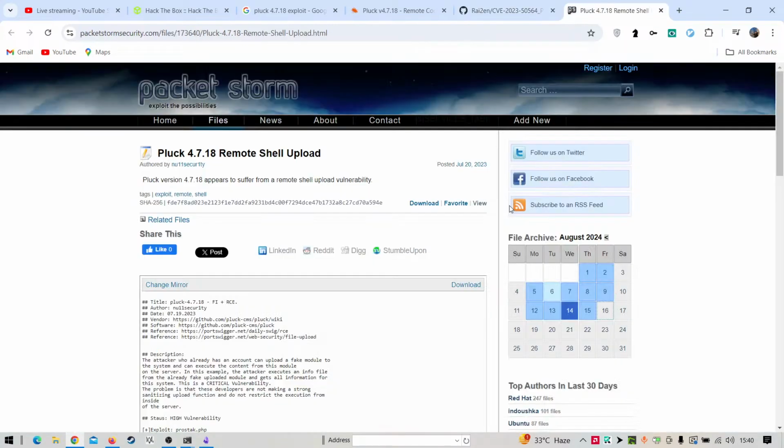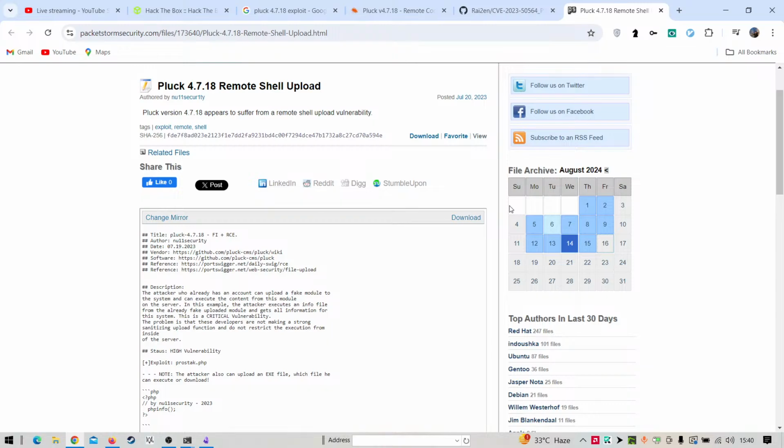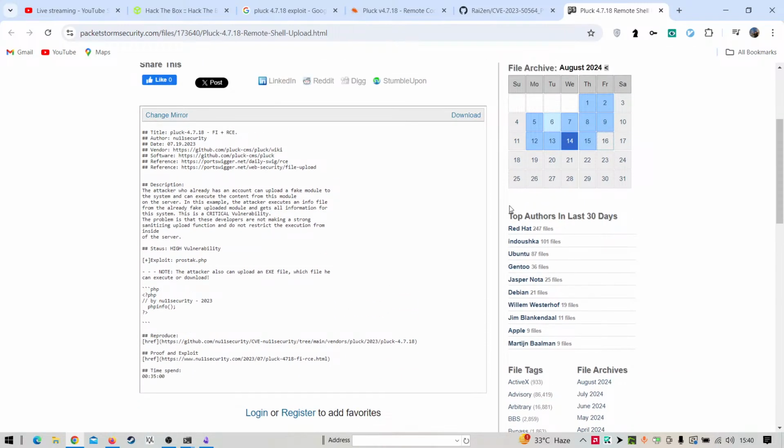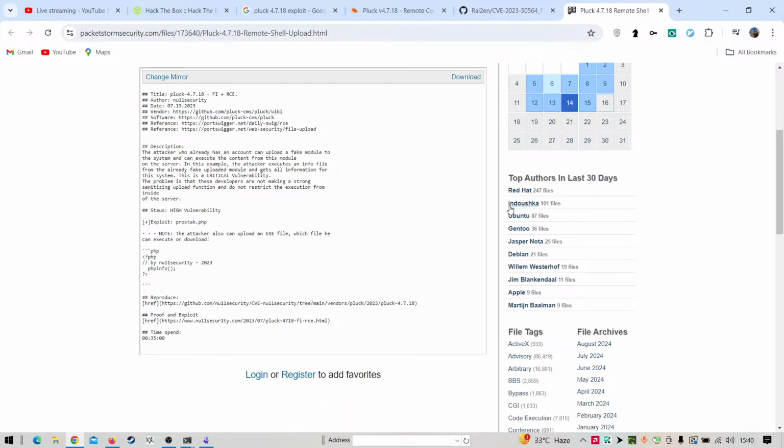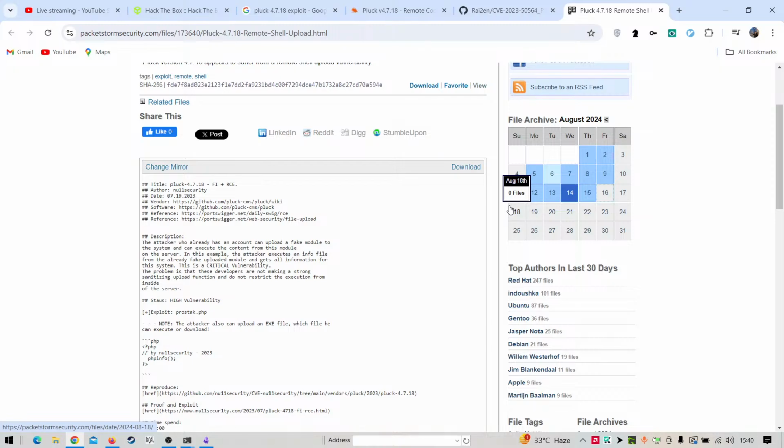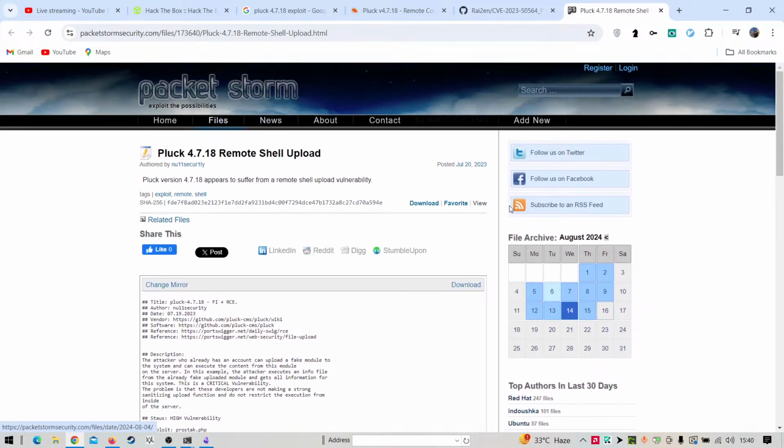Now this is also a reverse shell, and we have the last one, by Null Security. So I think the best one